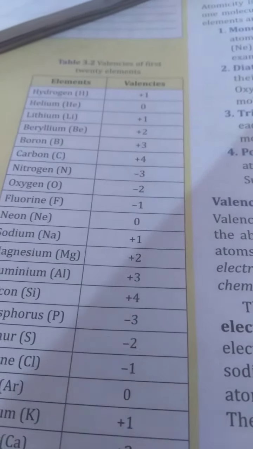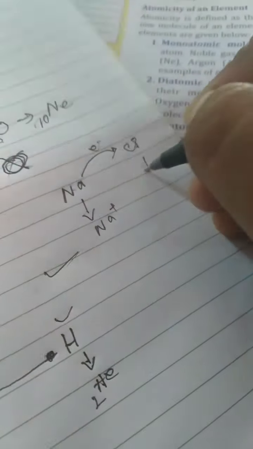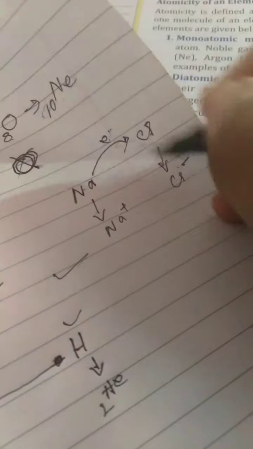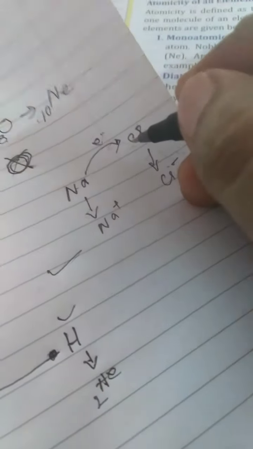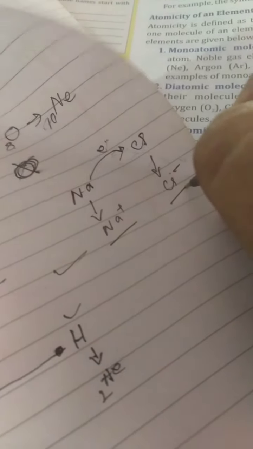Understood? Okay. Now let us understand positive valency and negative valency with a small example. Na. Now you know sodium will give 1 electron to chlorine. So sodium will have 1 positive valency and chlorine will have negative valency. We always give a negative charge to the atom which is accepting an electron, and we always give a positive charge to the atom which donates an electron. Generally metals donate electrons because they have excess electrons, and non-metals accept electrons because they have fewer electrons. Got it?